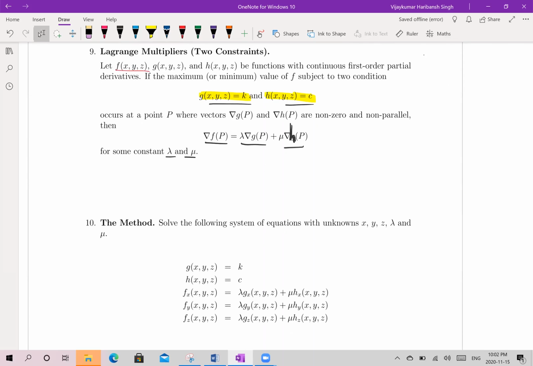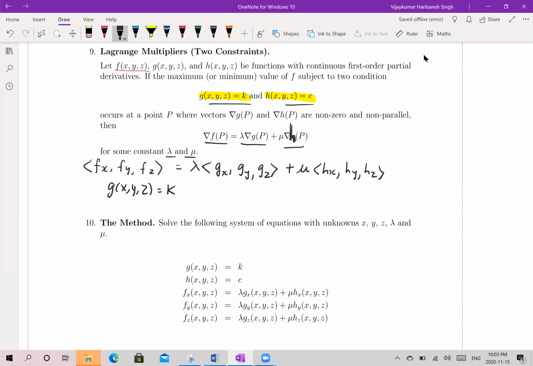So essentially, when you're solving for this, you are solving for the following. You have fx, fy, fz equals lambda times gx, gy, gz plus mu times hx, hy, hz. And then another thing to satisfy is g of x, y, z equals k, and h of x, y, z equals c. So from the first equation, you equate the first coordinates of this vector, similarly the second and third coordinates, and then you have g and h as the constraints. So solving this system